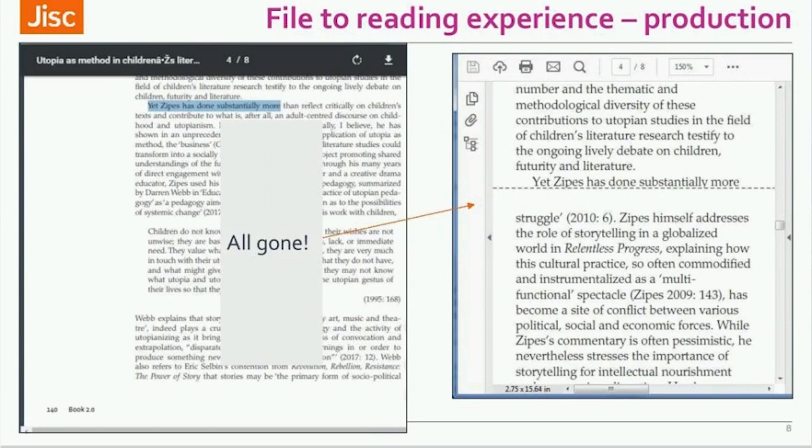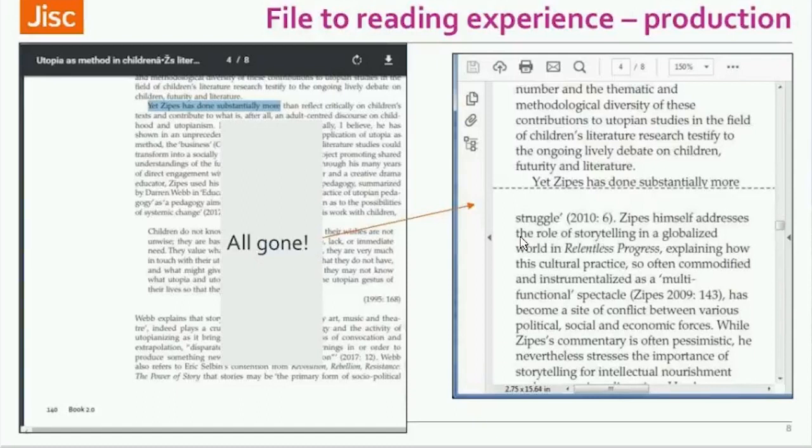Here is another PDF that I've looked at, and this PDF, if you see on the left-hand side, the bit I've highlighted says, "Yet Zeeps has done substantially more," and then it continues, "substantially more than reflect critically on children's texts." On this particular PDF, when I reflow it, it appears to reflow very nicely.